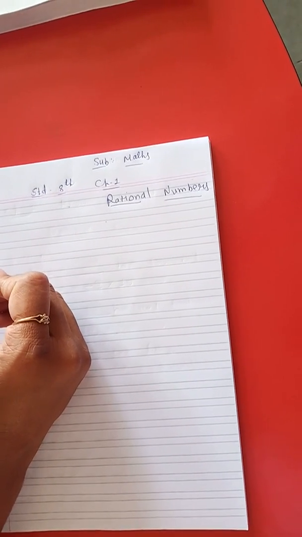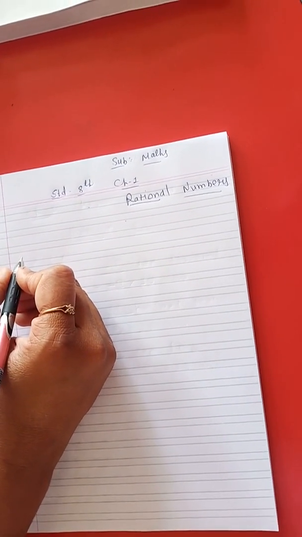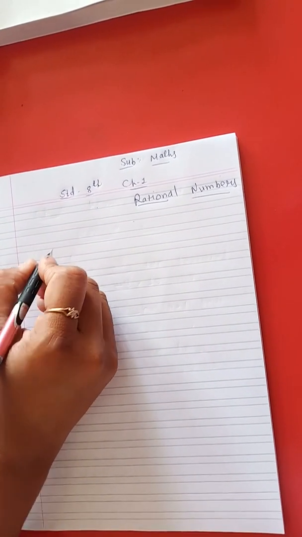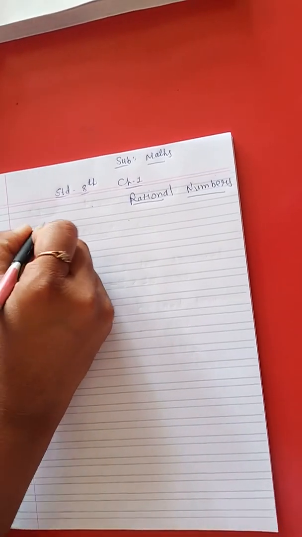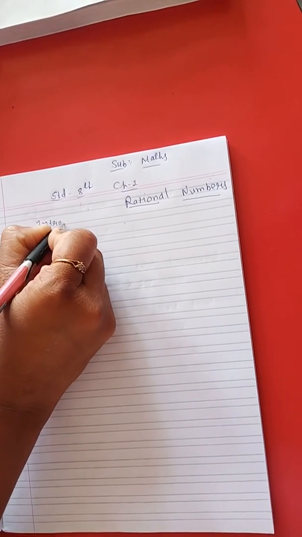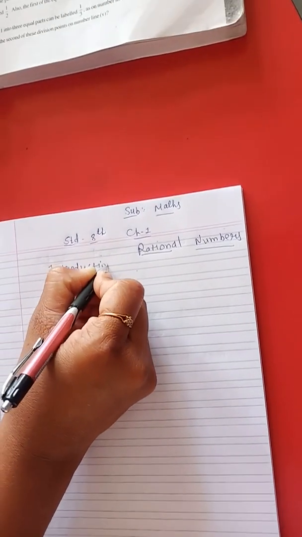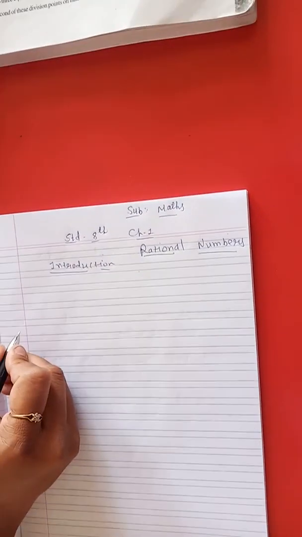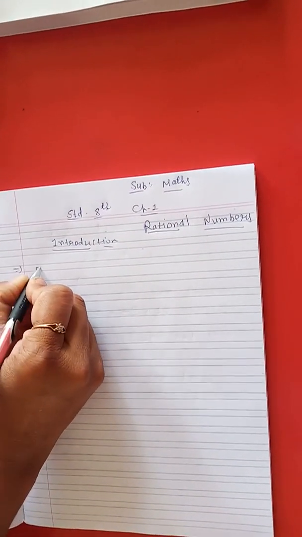Today I am going to start your math subject in standard 8. Your chapter number 1 is rational numbers. First we have to do the introduction. What is the meaning of rational number? Before that we have to learn about